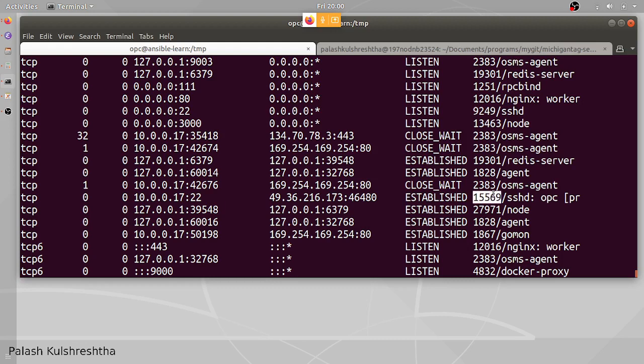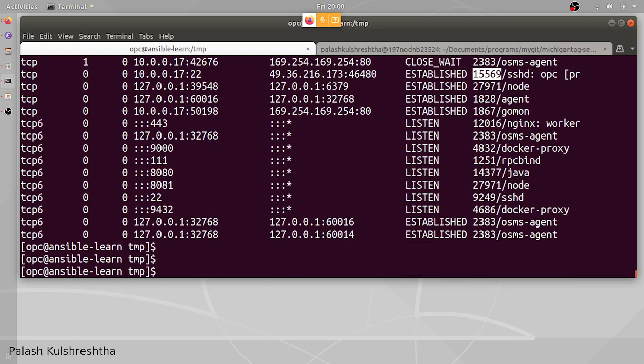Now let's try to find more information about this program with the PID 15569. How are we going to do that? We are going to write ps -a -u -x, and we are going to grep 15569.